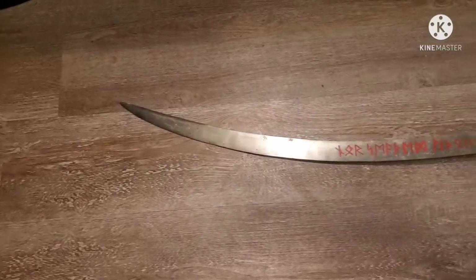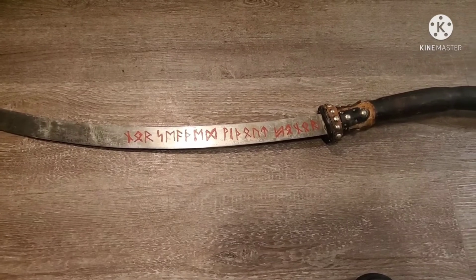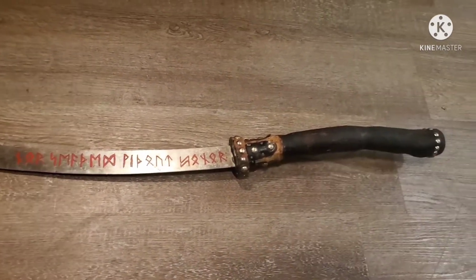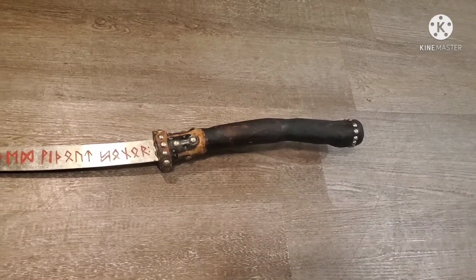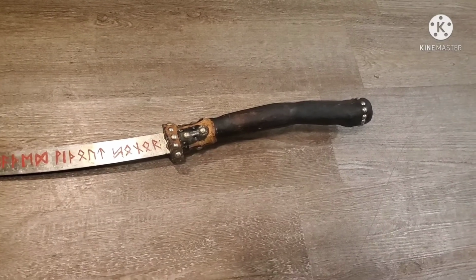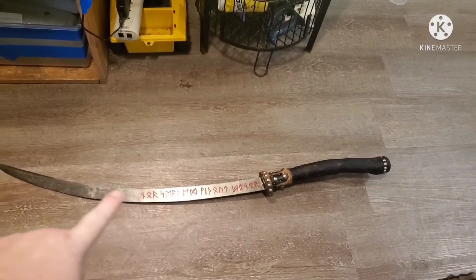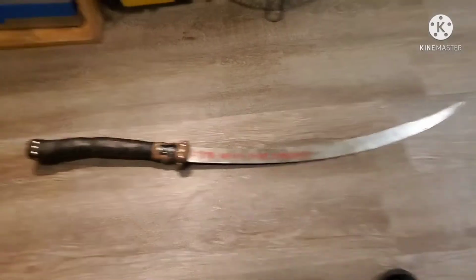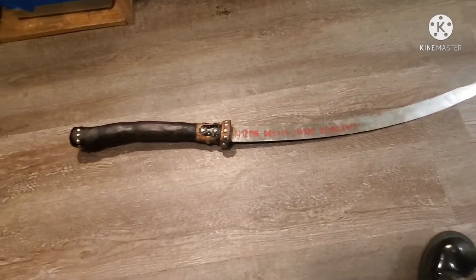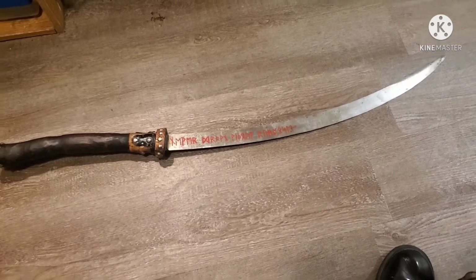This sword is probably the first sword I ever assembled myself. I'm never fully happy with it. Put the runes on there that on one side of the blade say, never drawn without purpose, nor sheathed without honor on the other side. And I made it from this part of a tree that I felled at some point in my past to partially do a war club with for my friend. Now this blade here is off a fantasy scimitar that Windlass offered many, many years back. On the other side, and ironically, this kind of came out looking like Arwen's sword from Lord of the Rings, although I made this sword, oh gosh, when was that, late 90s? It was definitely